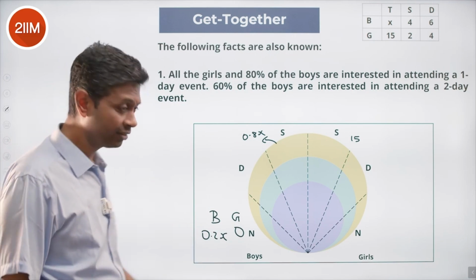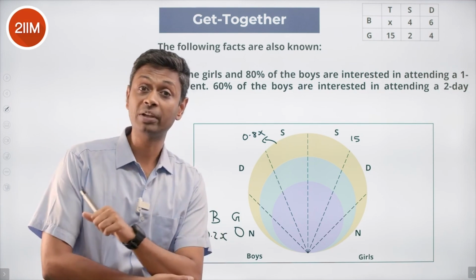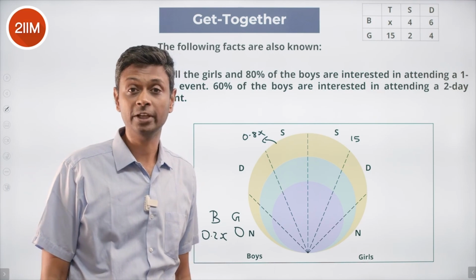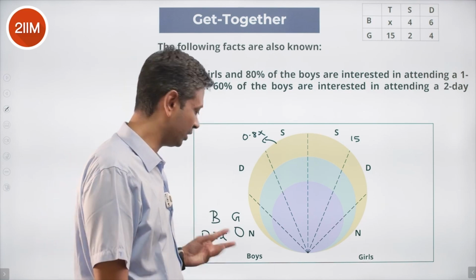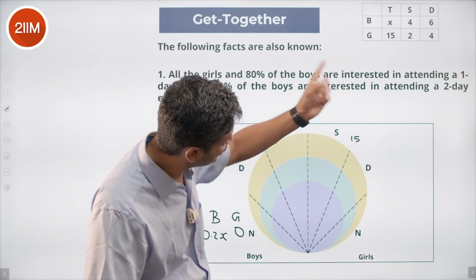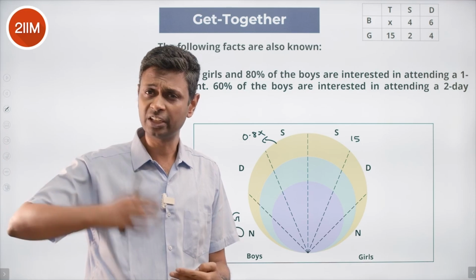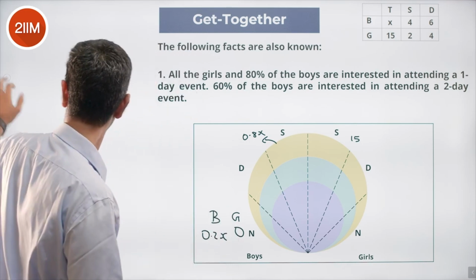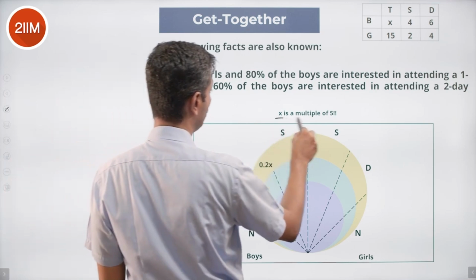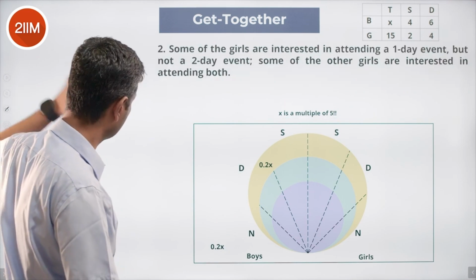This is 0.2x. We're talking about integers. So this is 1 by 5x. 1 by 5x should be an integer, or x should be a multiple of 5. And so it could be 5 and 1 or 10 and 2. Obviously there are at least 10 boys. So we're talking about 10, 15, 20, 25, 30, one of those numbers. X is a multiple of 5, because there's a 0.2x involved here. Nice, let's go to the next condition.